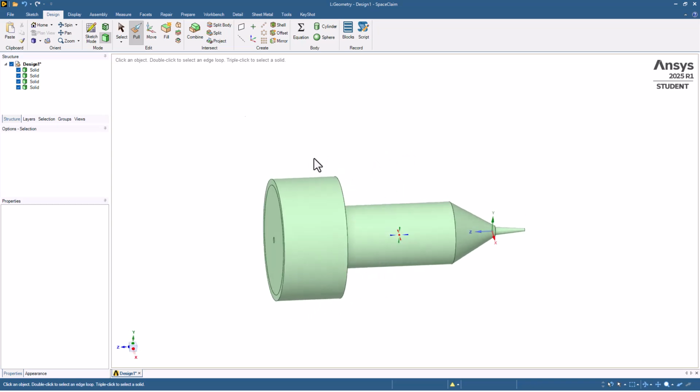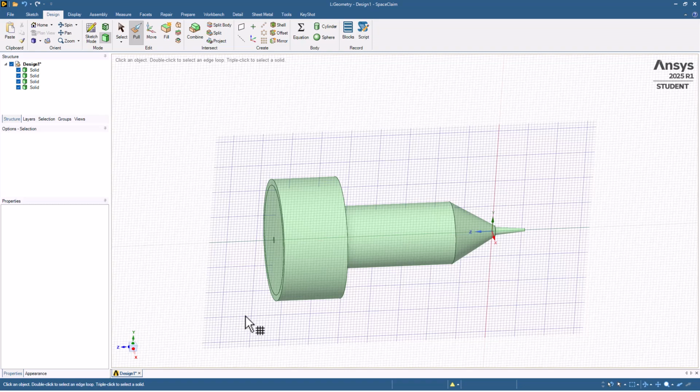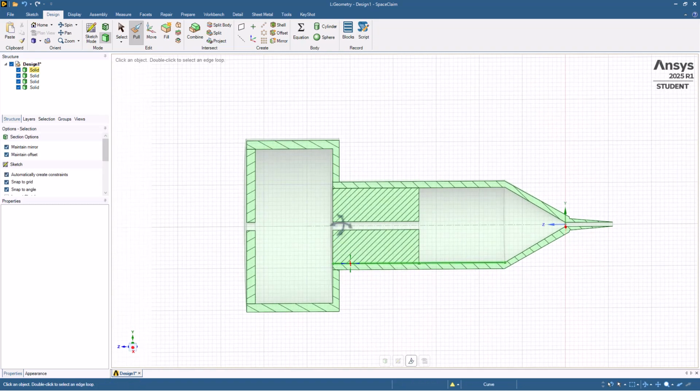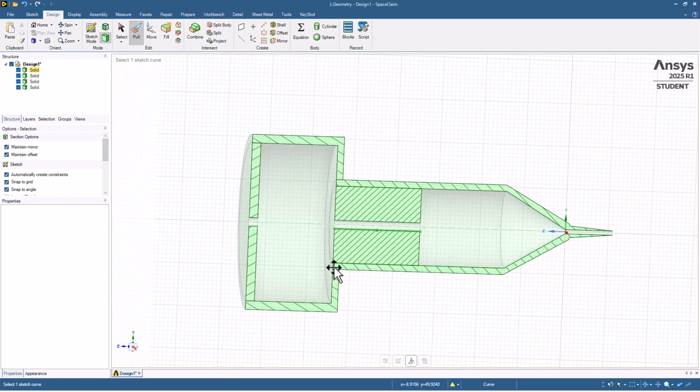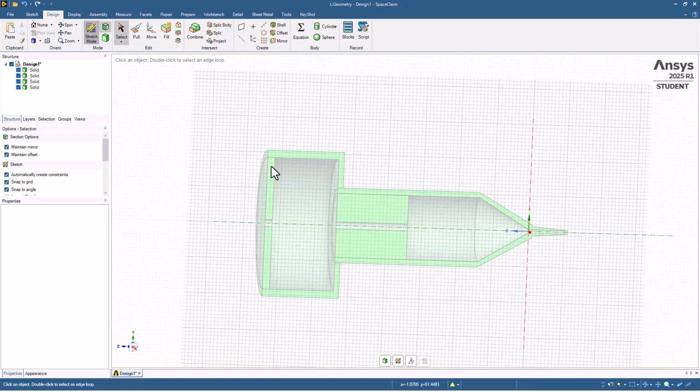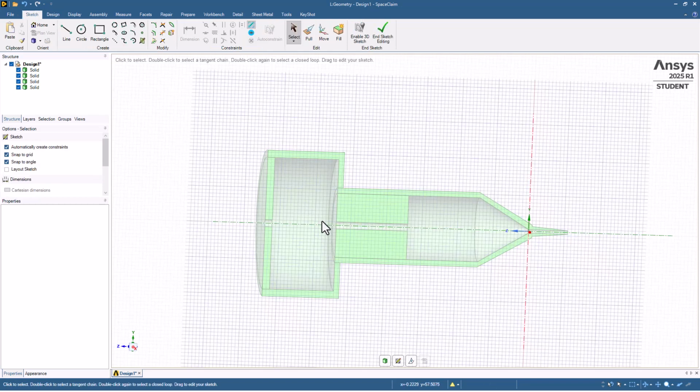So we have our first shape. To confirm that we are on track, just select this and then see what you are doing from the middle plane. So as you can see it's going well. So next thing is to create another sketch. So on this face,